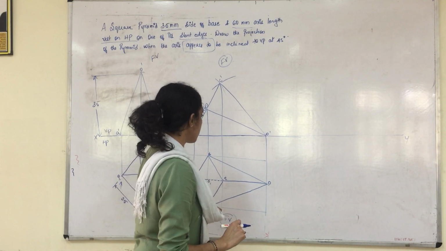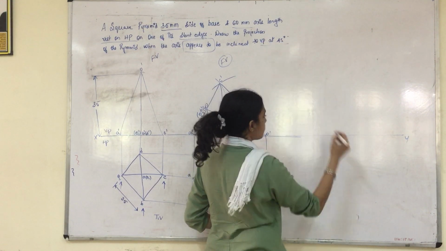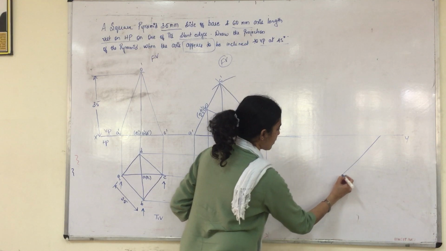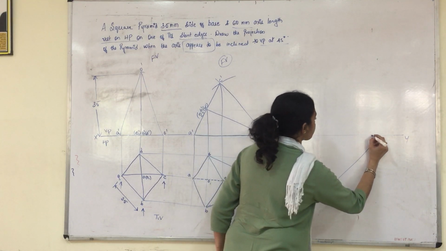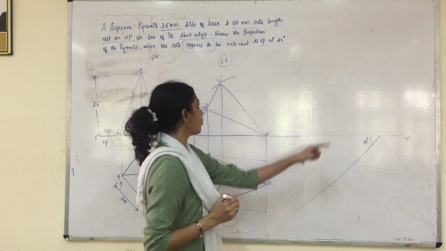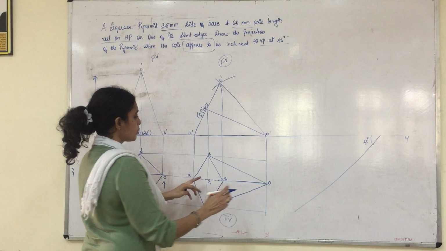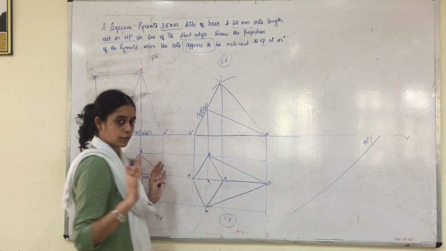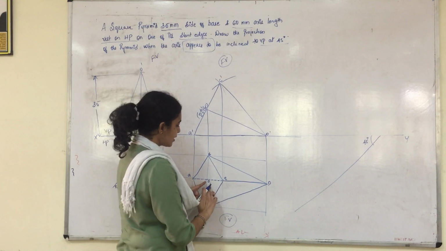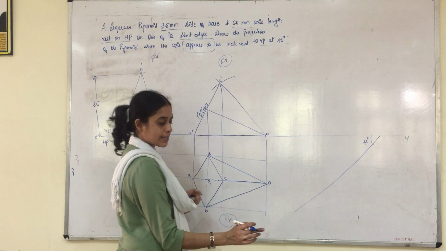So this is an easier one. So what we do is, we take 45 degrees to VP, either this side or this side, depending upon the space availability. You take the direction in which you need. So after you take 45 degrees, since it is axis inclination, you have to focus on the axis and not on any of the sides or the edges. So which is our axis in the second stage? It is from O1 to O, which is our apparent length of the axis.